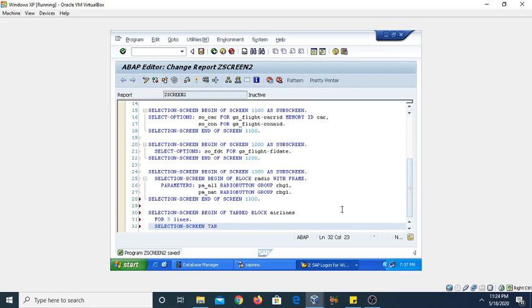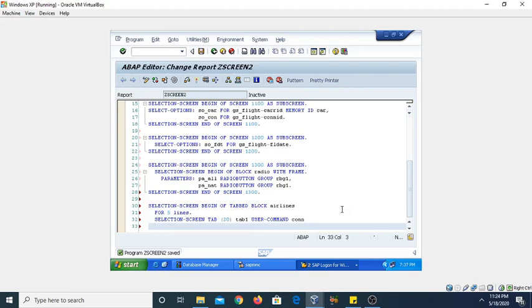giving here the tab and passing the parameter value 20. That means it can contain 20 characters. The name of the tab can contain up to 20 characters, and we are using user command because the user will use the mouse click button to click on a particular tab. So I am giving the user command with the connection tab CONN, so that the user can click directly on it. When the user clicks on it, it will call your default screen.